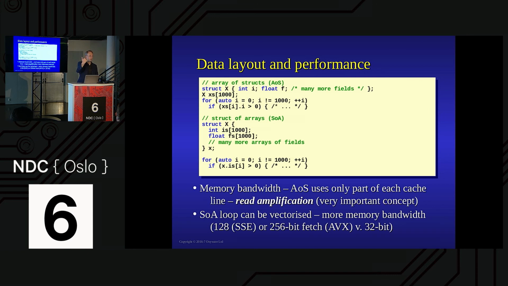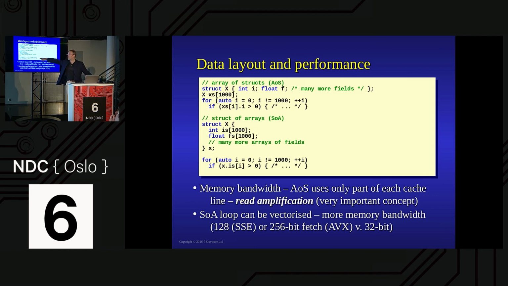The first one has a thing called read amplification, because I'm going to read this entire row like this. The memory is read 64 bytes at a time, but if I'm only using 4 bytes out of 64 bytes, I'm using 1/16 of the memory bandwidth for what I'm really using. This is called read amplification. There's a similar thing for write amplification, where I have to read everything, put 1 byte in, and write it all back again. You're just throwing away memory bandwidth. That's fine if you only do it occasionally, but if that's what you're doing all the time, you're wasting it.